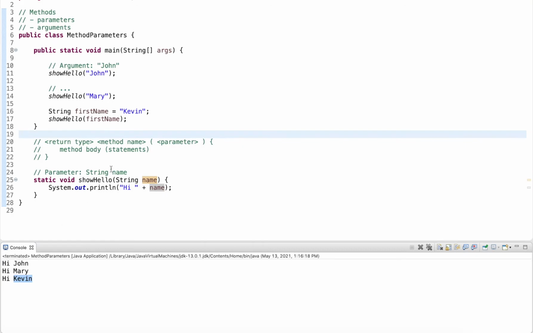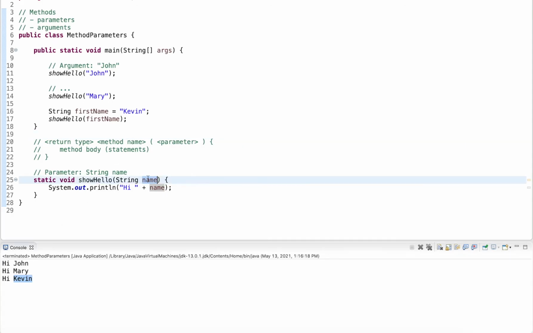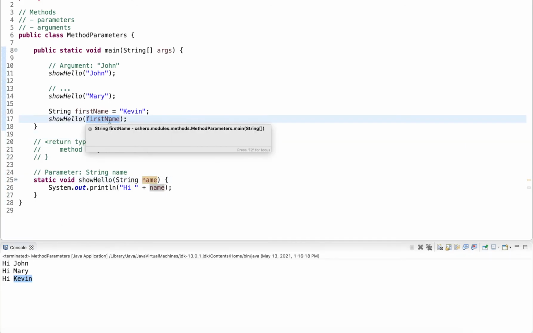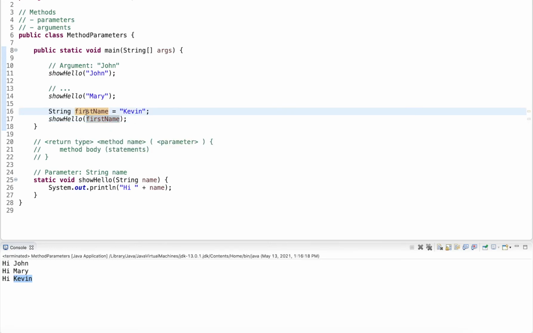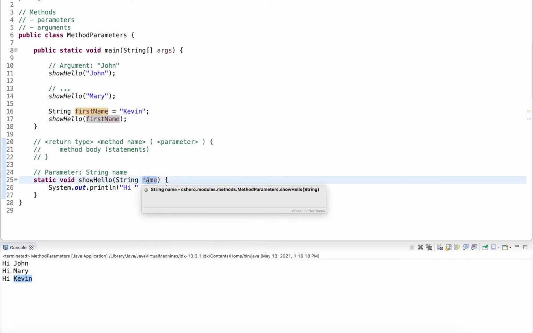So here we can see it. Now this name does not have to match this name. It's completely separate. I could have a name variable here, and it is different than the variable here. Remember, variables have a scope, and the scope is always in the block where they are defined. Now in this case, it's defined as a parameter.